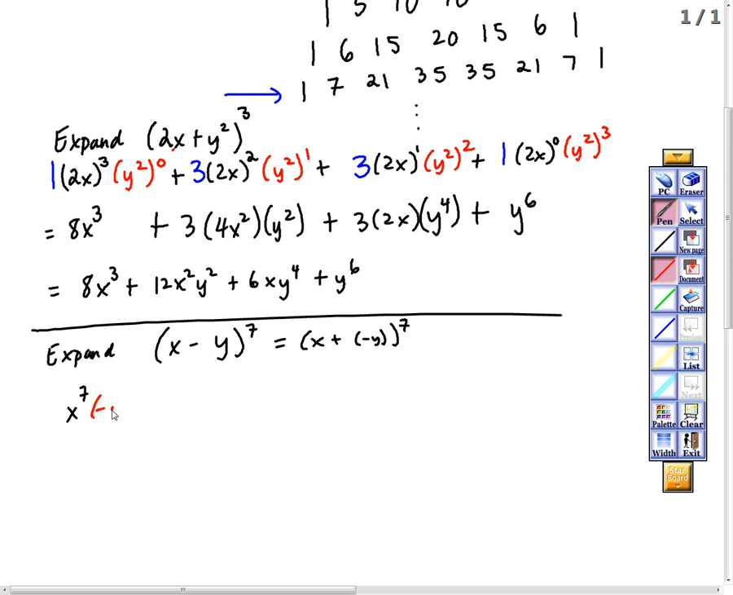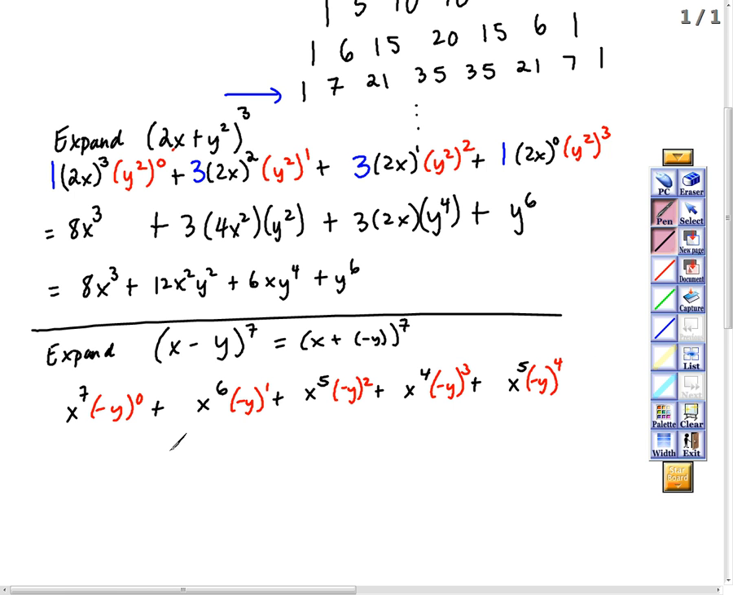Let me do it again in red like I did before. Negative y to the 0. Then I'm going to add x to the 6th times negative y to the 1. And I'm going to add x to the 5th times negative y to the 2. Plus x to the 4th times negative y cubed, plus x to the 5th times negative y to the 4th. Put it down here. Plus x cubed times negative y to the 5th, plus x squared times negative y all to the 6th, plus x to the 1 times negative y